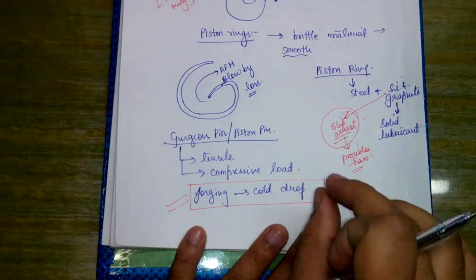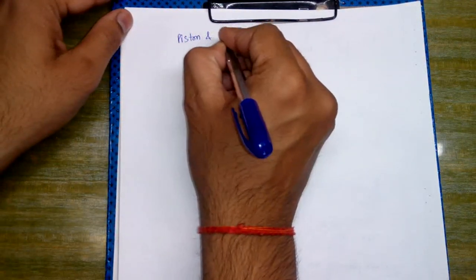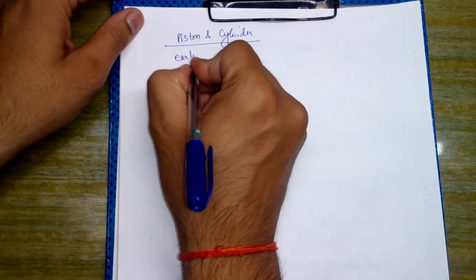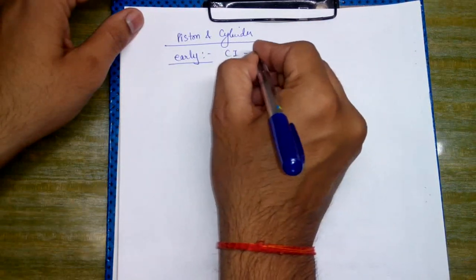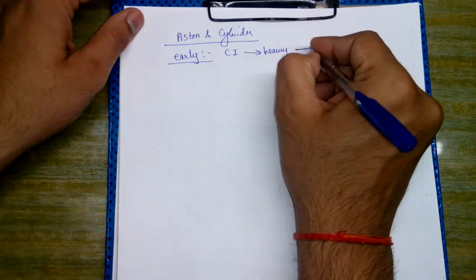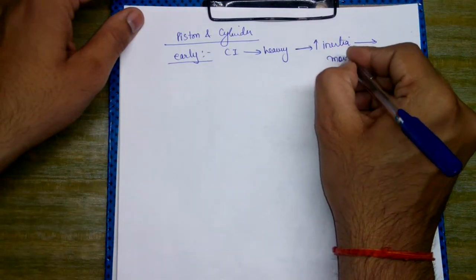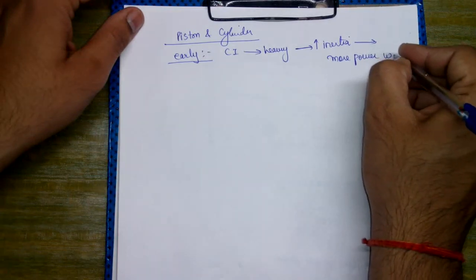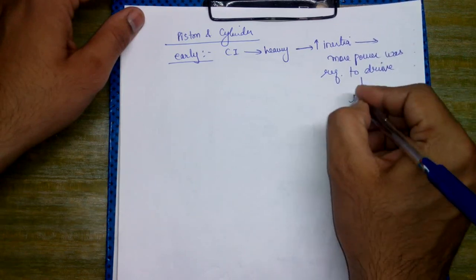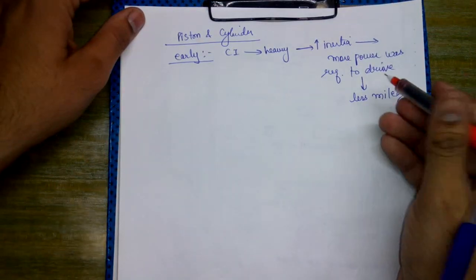Okay, now next we come to the piston and cylinder. So if we discuss what are the materials suited for piston and cylinder. Earlier it was made from cast iron, but the disadvantage with cast iron was that it was very heavy, hence the inertia was increased, because mass ज़्यादा था तो inertia बढ़ गया, and more power was required to drive it. और इसके कारण हमारा क्या ऑब्टेन हुआ, we obtained less mileage. हमारा माइलेज काफी कम हो गया।